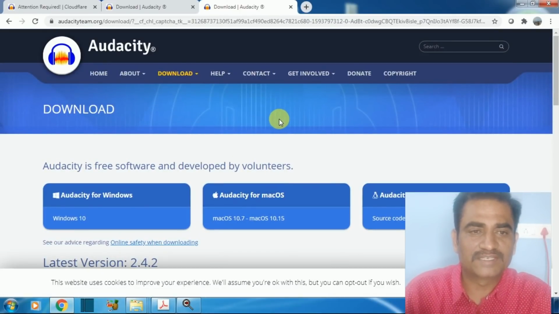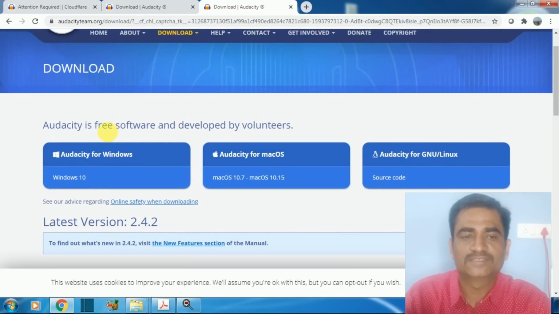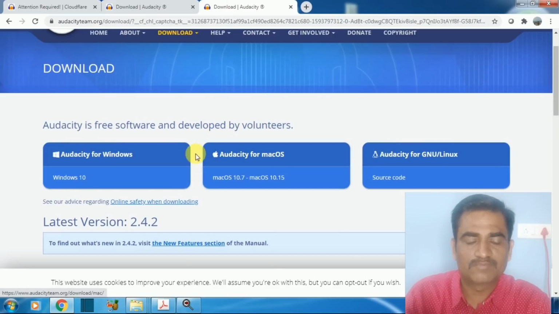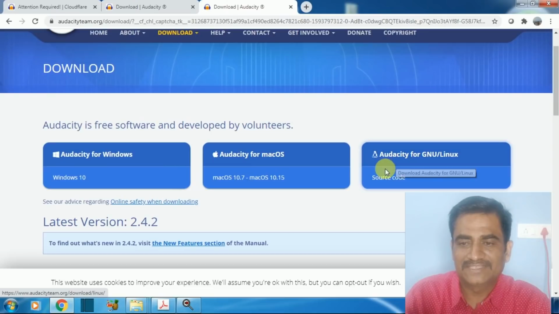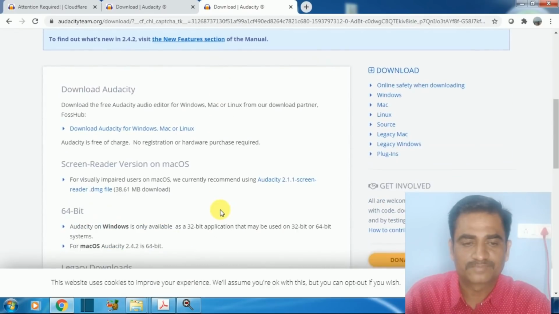On the audacityteam.org download page, Audacity is a free software developed by volunteers and available for Windows, Mac OS and Linux or GNU operating systems. From here we have to download and install it on our PC or laptop.